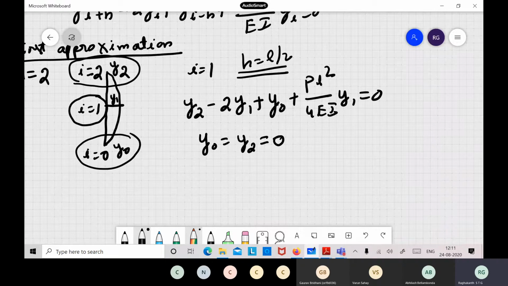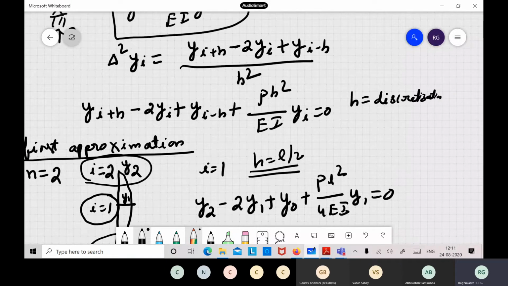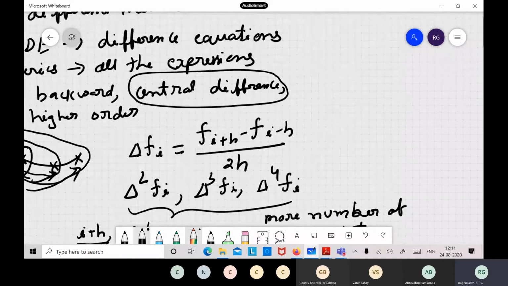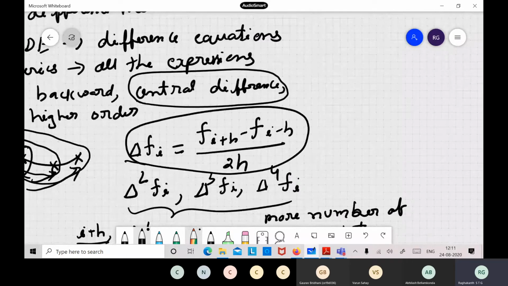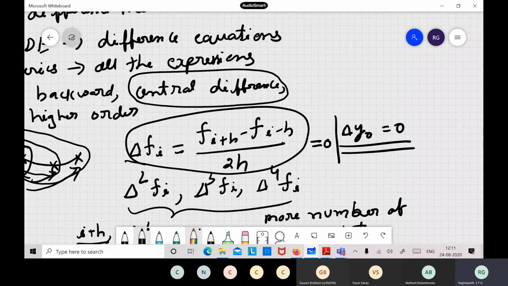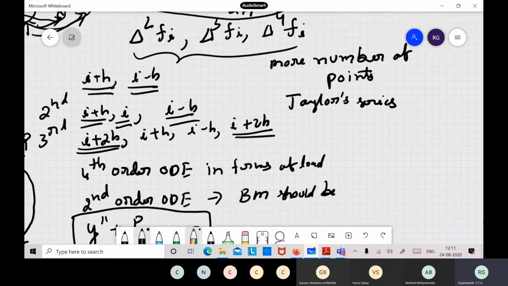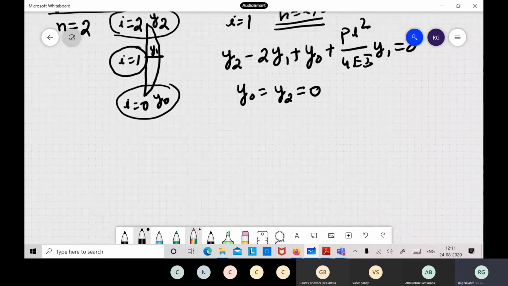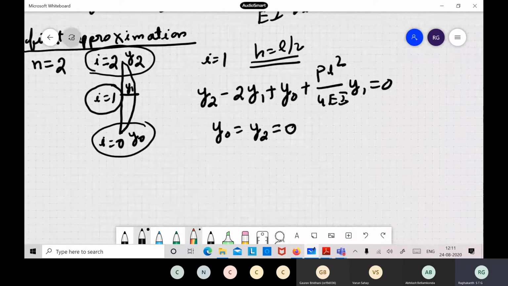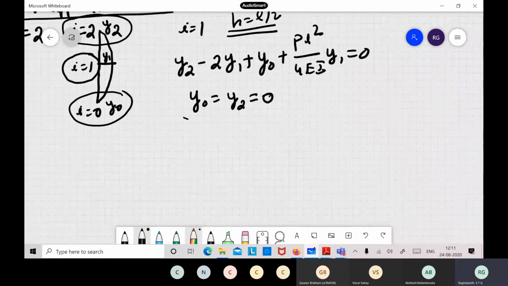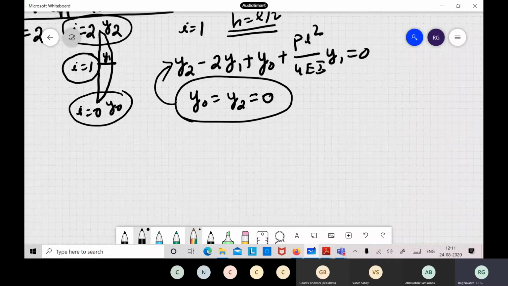But in finite differences, how do you write that expression? You have to use the first derivative, delta f i, which we write as the previous one minus the next one divided by 2h. This has to be equated to 0. So you will get a relationship among y1, y2, y3 and y4, and then you write your solution. Because simply supported means the slope is not 0, only the deflection is 0. So now substitute in the expression, it's straightforward.